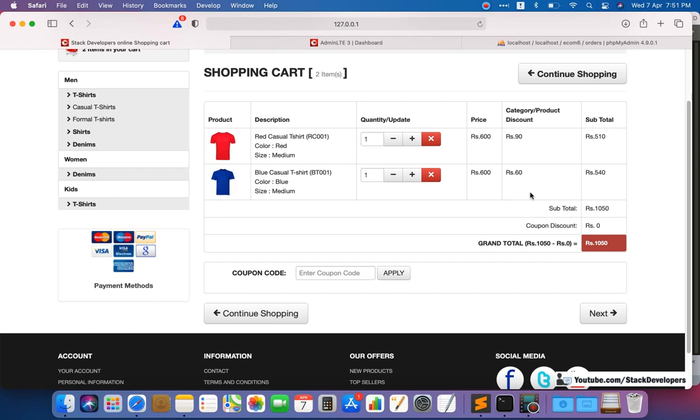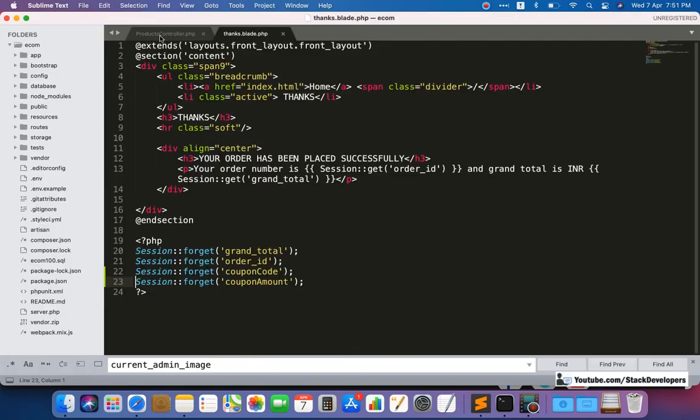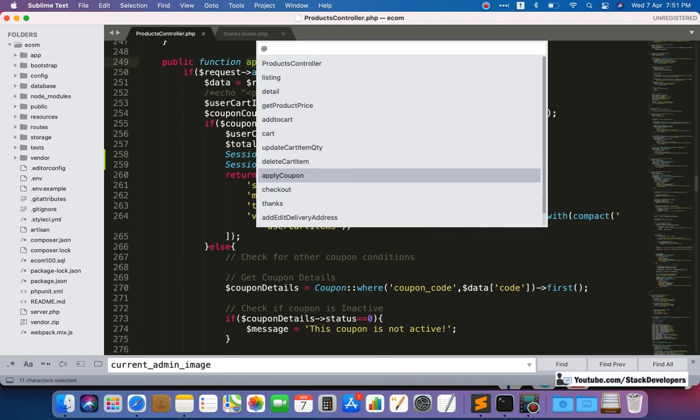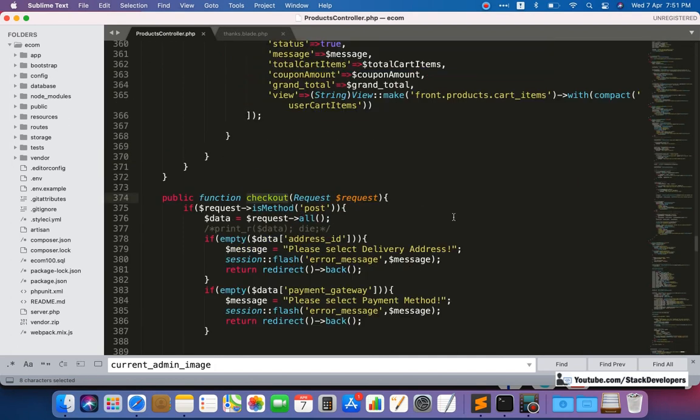Okay, so let's continue on the shipping module, and we are going to do the functionality of the shipping module right at the checkout function where we are placing the order. I will open the checkout function here, and in the post method we are getting the data.